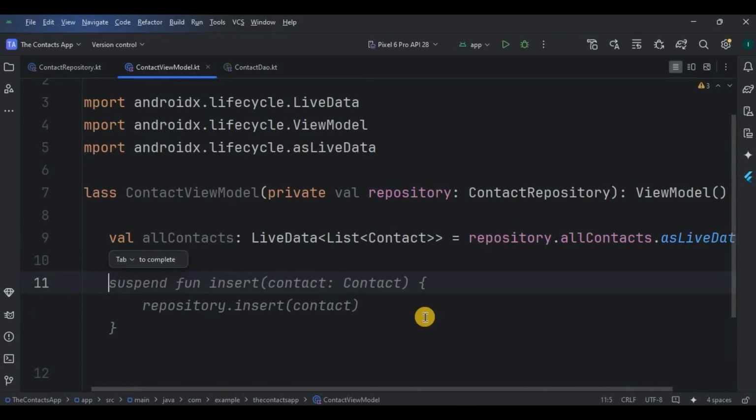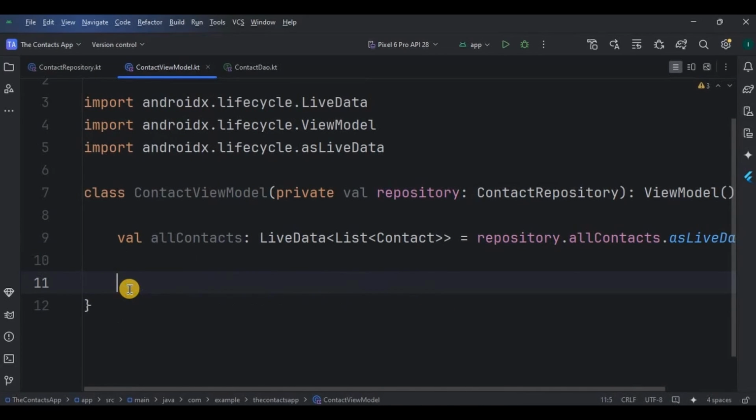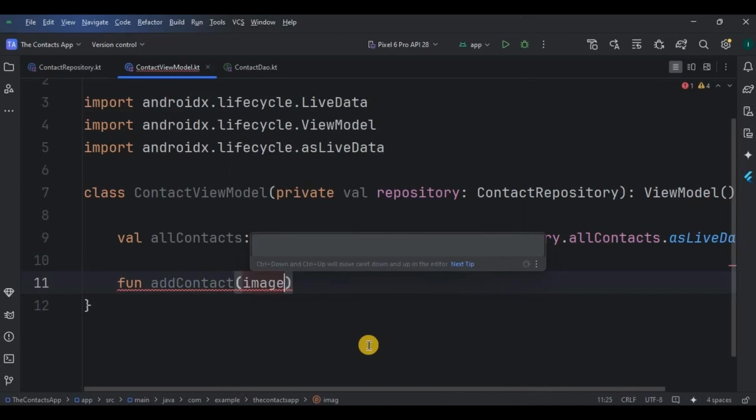What is live data? Live data is a lifecycle aware data holder that is used to update the UI automatically when the data changes, ensuring that the app's UI is always up to date with the latest data from the repository. Got it? Now next, create a function add contact with all the parameters such as image, whose data type